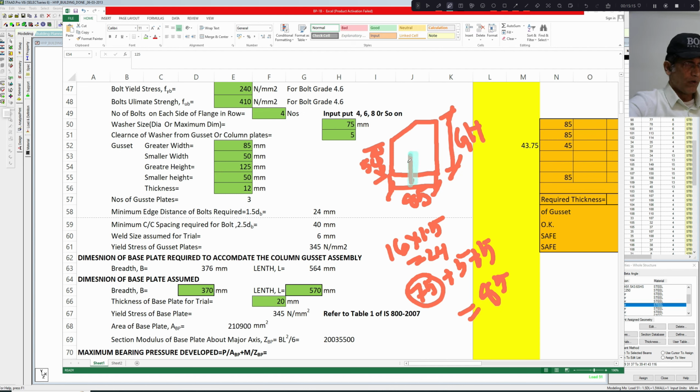This will be the bolt, or the washer will come something like this. It will have a nut, all that. So I will keep a clearance of 5 mm on each side, and then